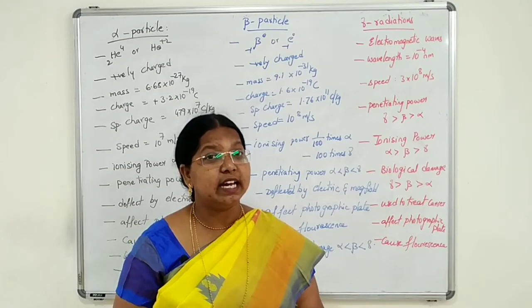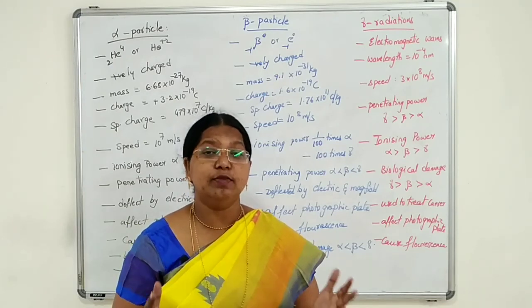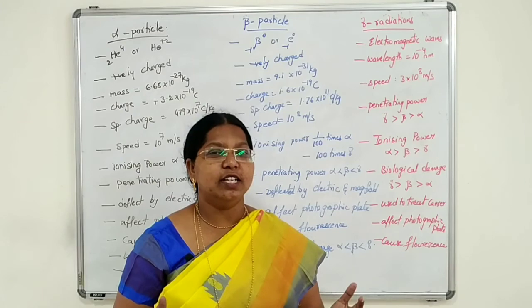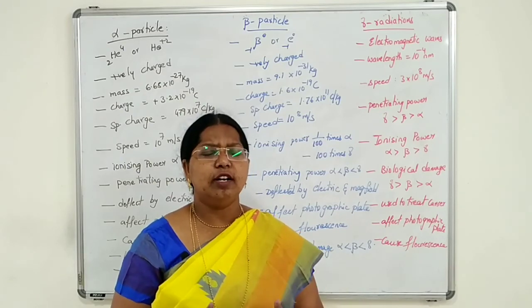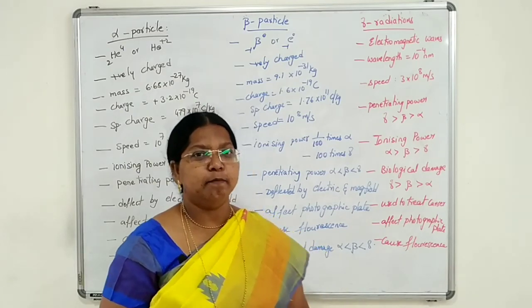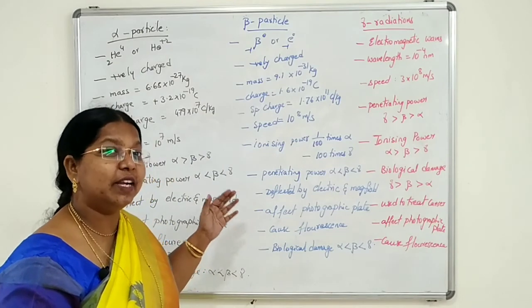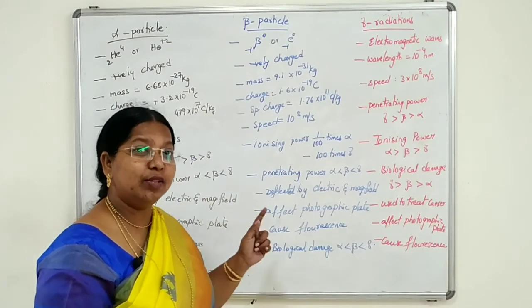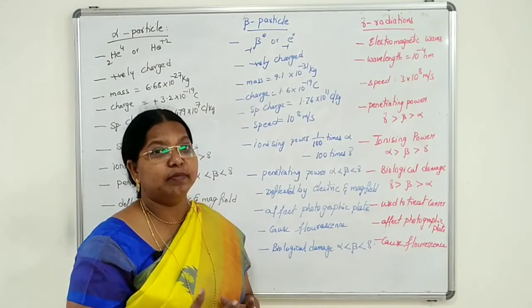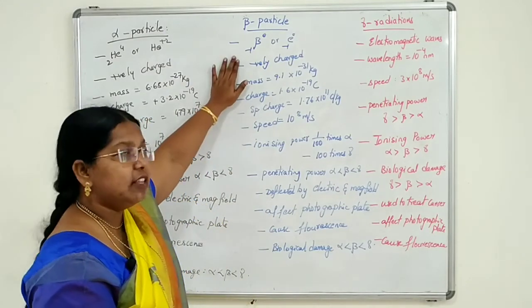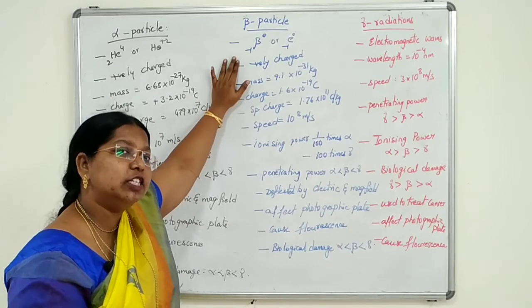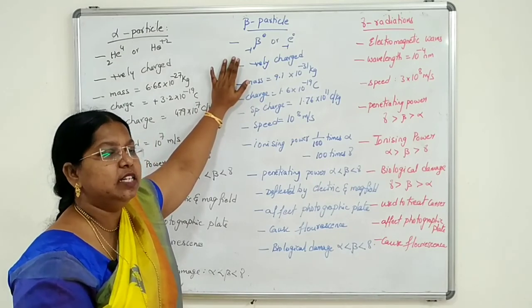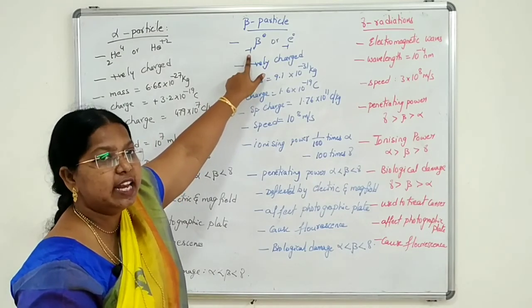From this it is clear that it doesn't depend on the electrons revolving around the nucleus. So it is purely a nuclear phenomenon. So these electrons are also liberated from the nucleus. We will see later how the electrons come out from the nucleus. So these are fast moving electrons denoted by beta, -1 and 0. -1 shows that they are negatively charged.